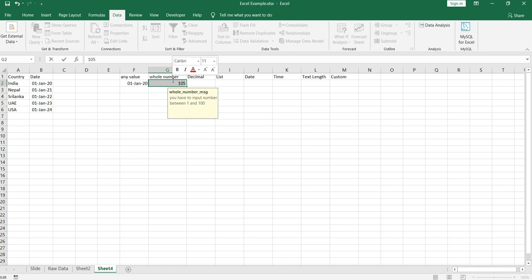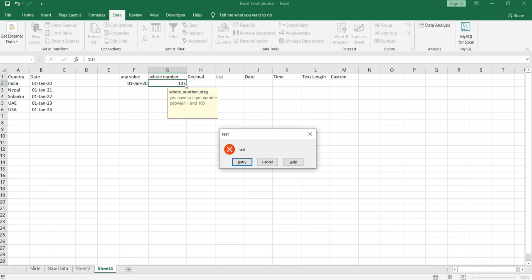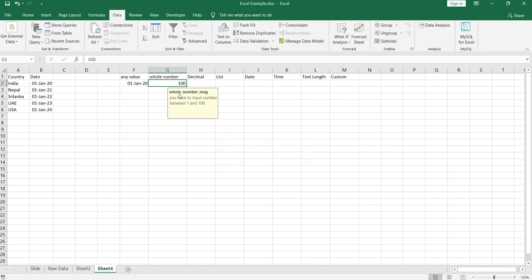I can either edit it or I can put 107 just to show you what it will show me. Again it will show me an error. The second option here is cancel. If I cancel it, then it will by default choose the highest value which I have given in my rule.